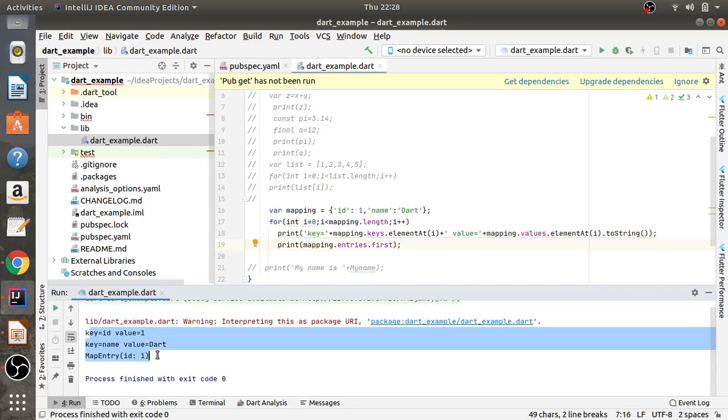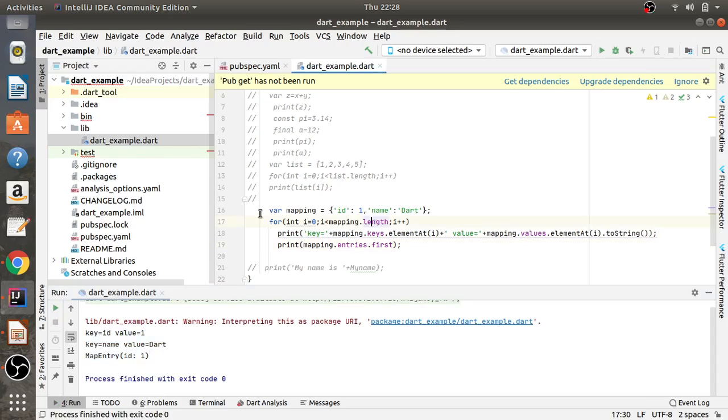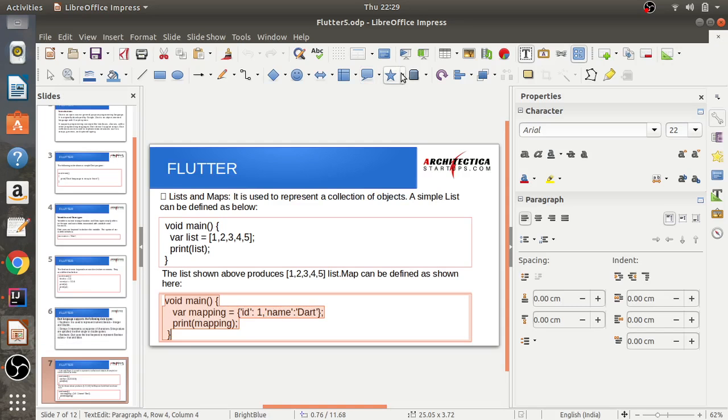Okay, so we have learned how we could fetch the values of a map, right? So this is how we can define a map, and this is how we can access the data of the map. We have numerous functions here. We could use those functions and get access to the map. So yes,